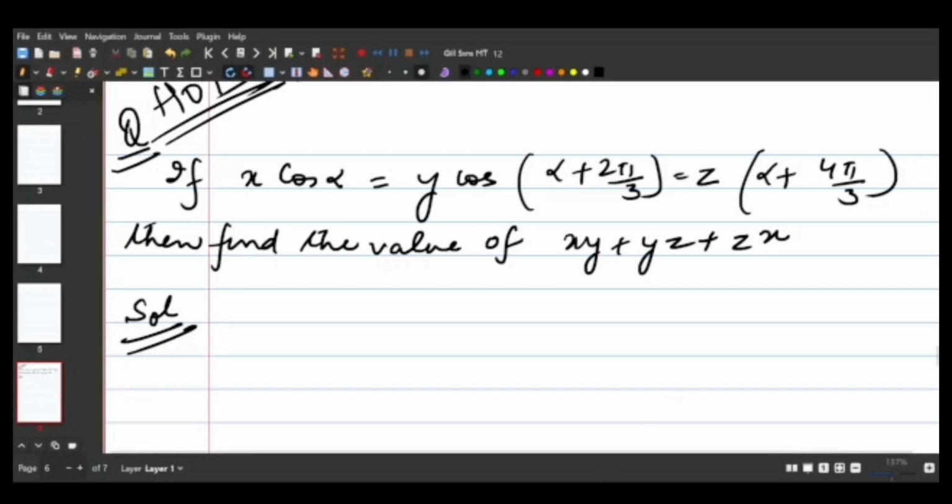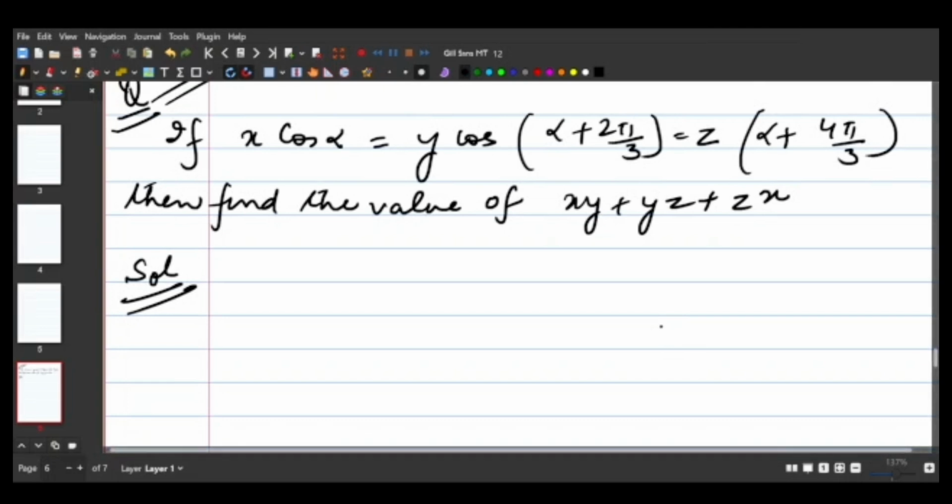Hi, children. This is really a difficult, or I can say different kind of question. I'll say difficult only when the children are seeing it for the first time. So ultimately, they have to think what has to be done. If you have not seen it before, can you make out what has to be